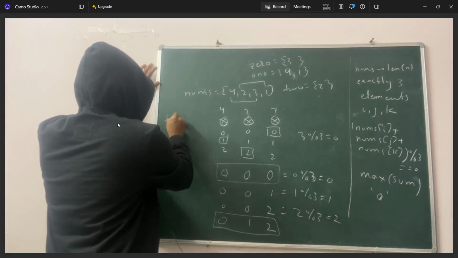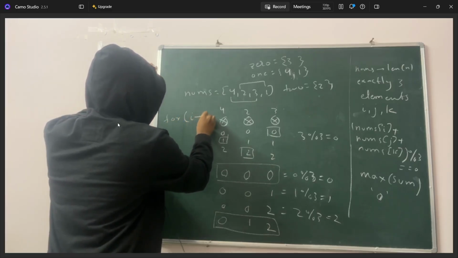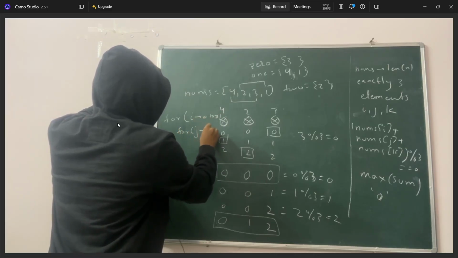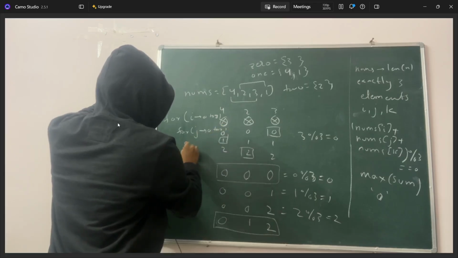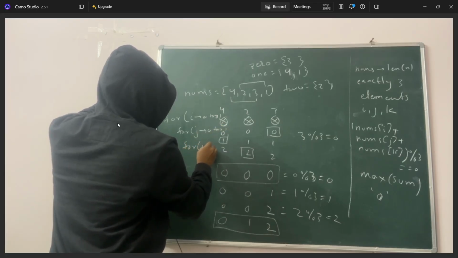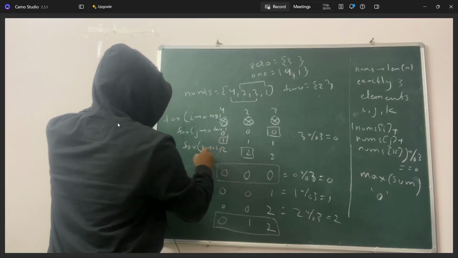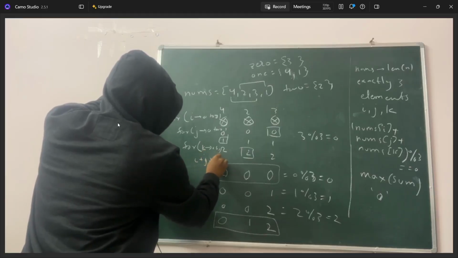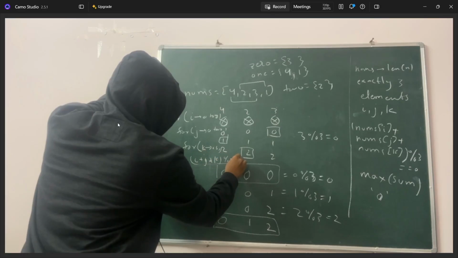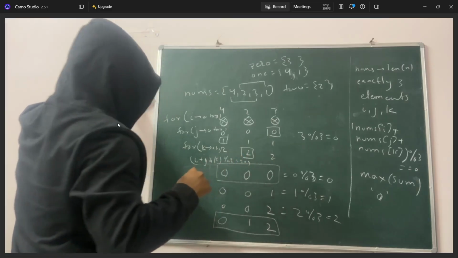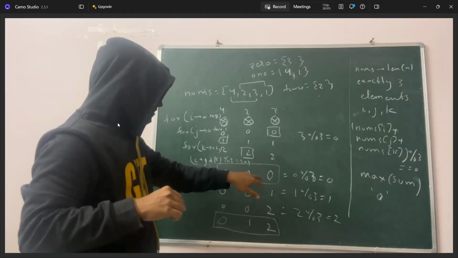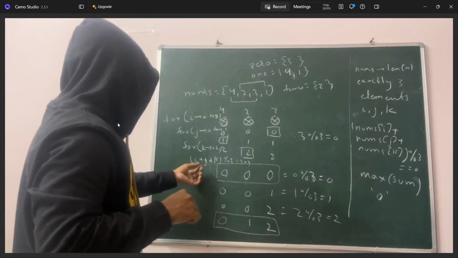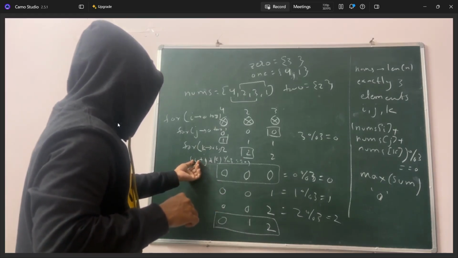You will take one for loop wherein your i will move from 0 to 2. You will take a second for loop, your j will move from 0 to 2. You will take a third for loop, k from 0 to again 2. Now you have to check if (i + j + k) modulo 3 is equal to 0, which means the remainder is 0. If that is the case, then if i is, let's say, 0,